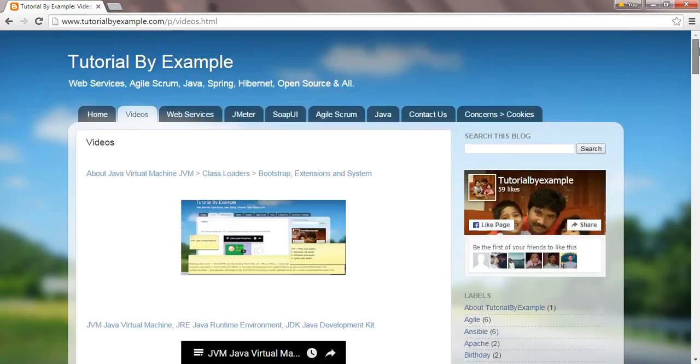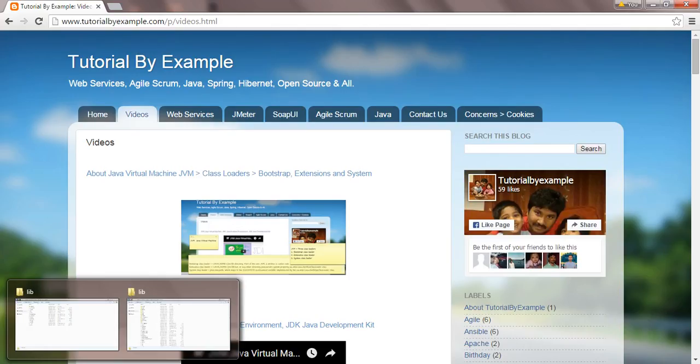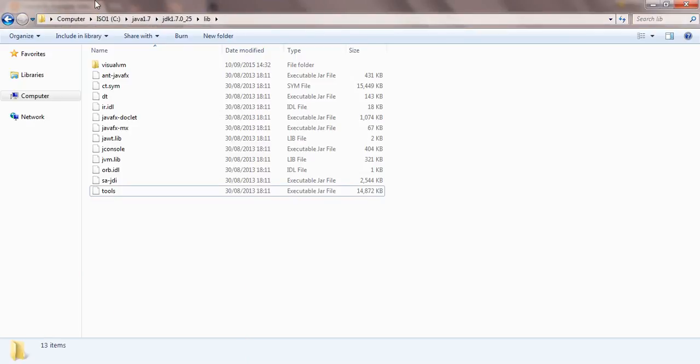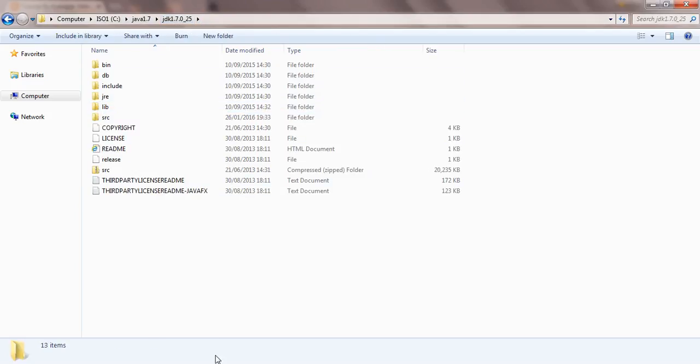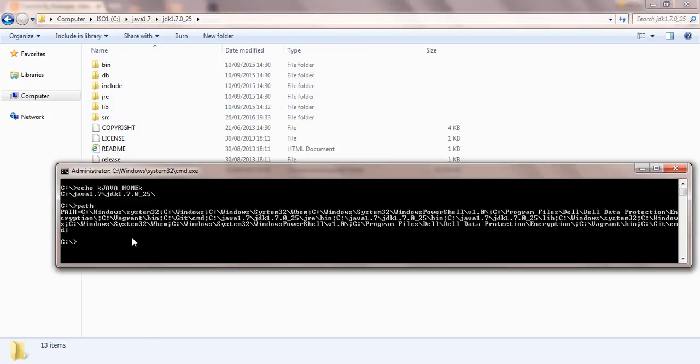And second thing, you have to install the JDK in your system. I have already installed Java in my computer. In the C directory I have installed JDK 1.7, and I have a Java home. Before going ahead, I have set all the class path and all.